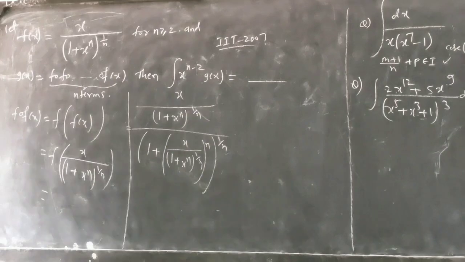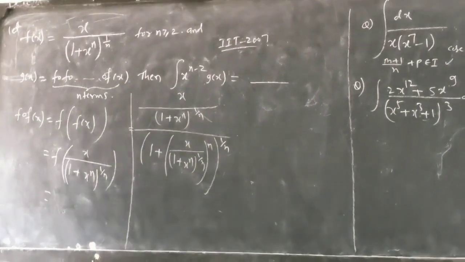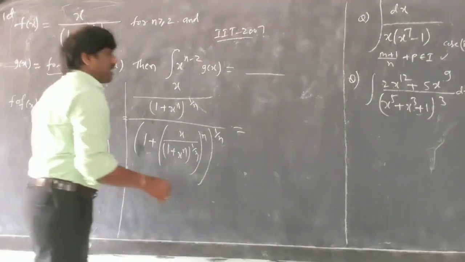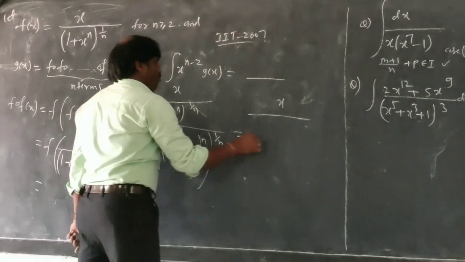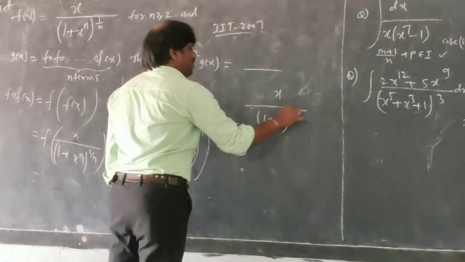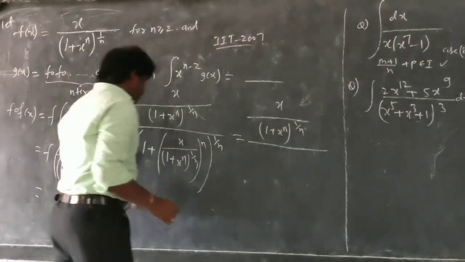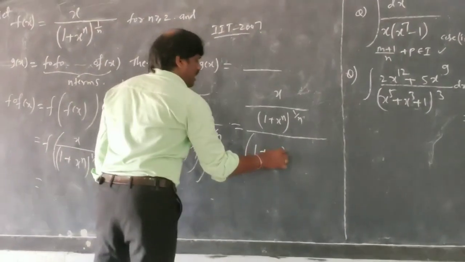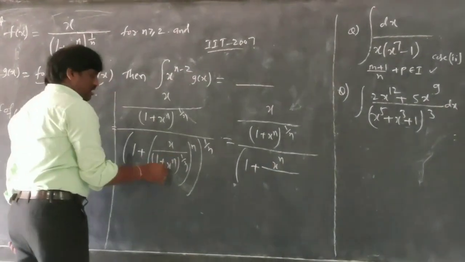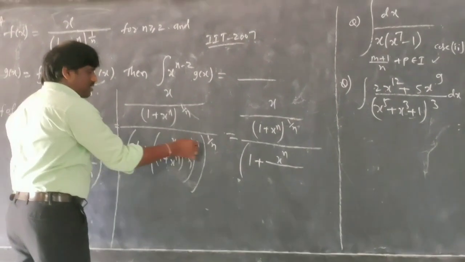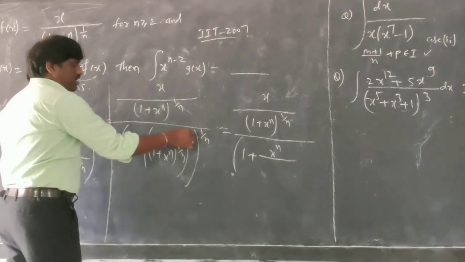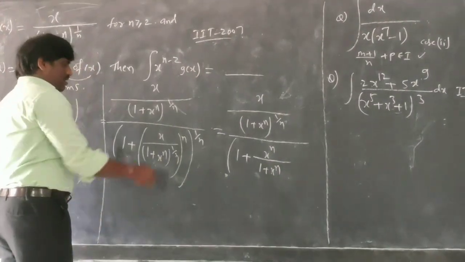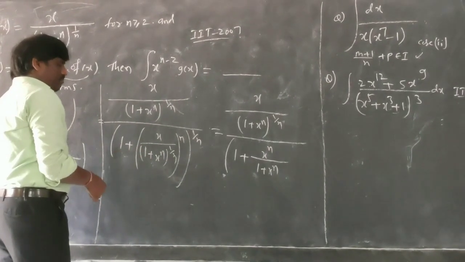Hope you understand. Only in the place of x I substituted this. So how is this question changing? This is x upon (1 plus x power n) whole power 1 by n, divided by this, which I can write as 1 plus, now this power can change here, x power n, divided by, this power distributed here. When I distribute this power, this n, so I get 1 plus x power n. This gets cancelled out. You get 1 plus x power n here.